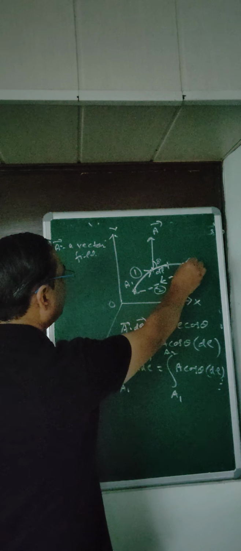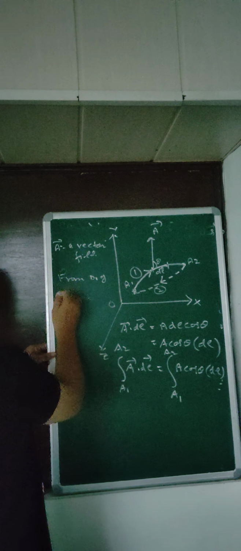Now in this case, just go to this diagram, and from here you can see that if you are going from A1 to A2, and another path is also shown, you are coming from A2 to A1. What is the direction of A2 to A1? This is opposite to path 1. We are going from A1 to A2 through path 1, and coming back from A2 to A1 through path 2. So path 2 is opposite to path 1.